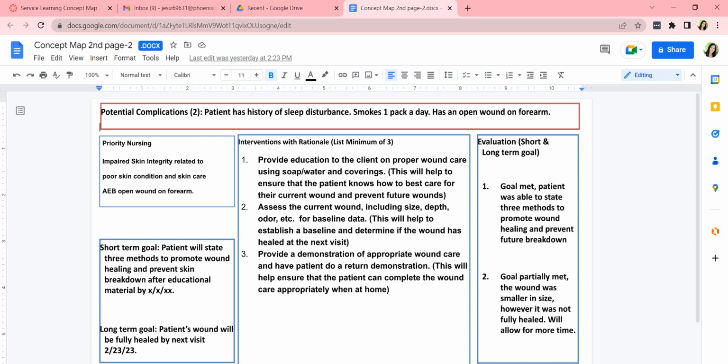So if you look here, this is an example of just 1 nursing diagnosis, okay? So I met with my patient, I completed my health history and my focused assessment. The patient states that they have a history of sleep disturbances, they smoke a pack a day, and they have an open wound on the forearm. Based on those priority cues that I pulled out of the assessment, I have come up with a priority nursing diagnosis of impaired skin integrity related to poor skin condition and skin care as evidenced by open wound on the